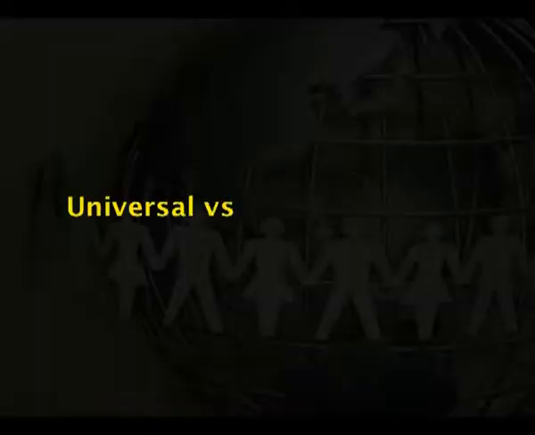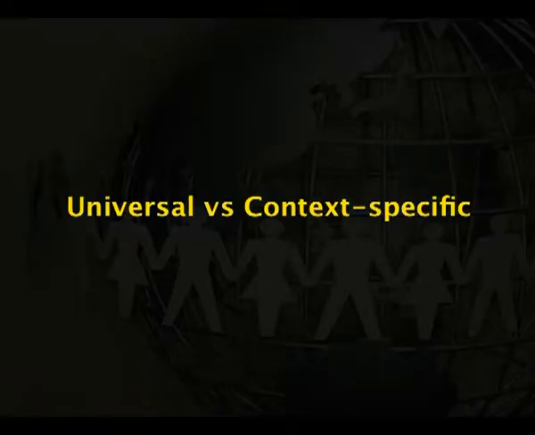Next issue is universal versus context specific. Is the development similar for all individuals, or does development depend on the context in which it occurs? A universal view suggests that development unfolds basically the same way regardless of the individual's race, ethnicity, gender, socio-economic status, sexual orientation or nationality. For example, a researcher found that all children, regardless of their background, tend to follow the same pathway towards the development of language. This would support the universal position.